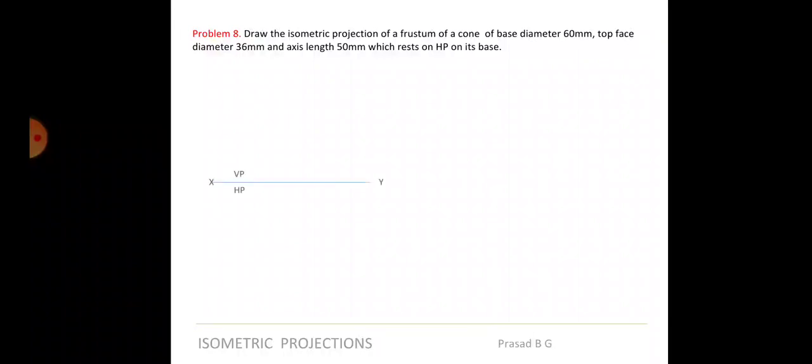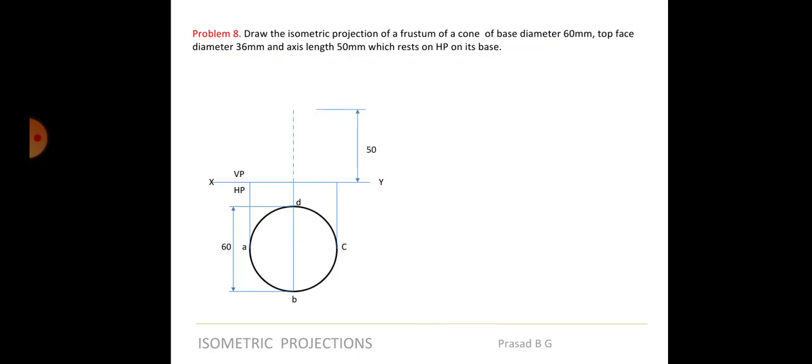Okay, so first let us draw the orthographic view. Okay, so a circle of diameter 60 mm first. And I will take the axis height given as 50 mm, but when I take it to 50 mm, that is not the apex actually, it is the top face of the cut section of the cone. So now you can see the sketch here. So in the top view it will look like this. Otherwise what will be there? A top point, isn't it?